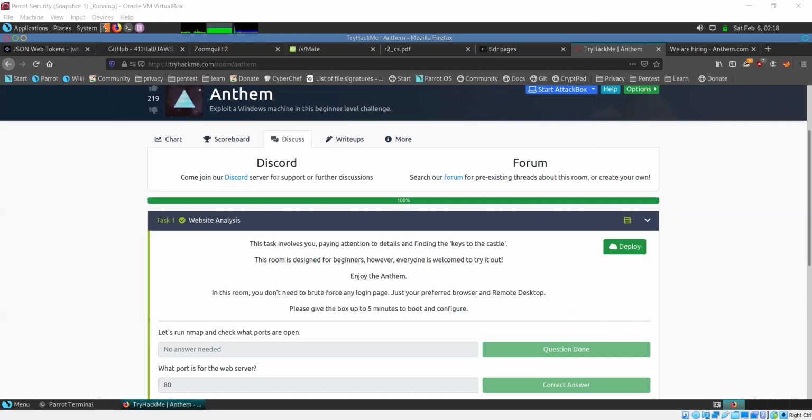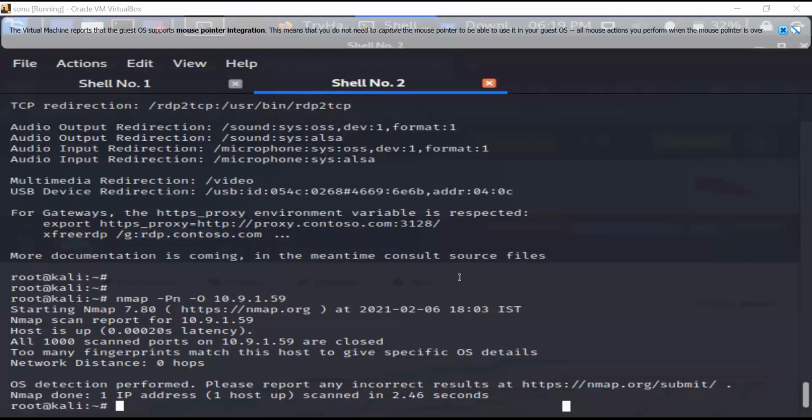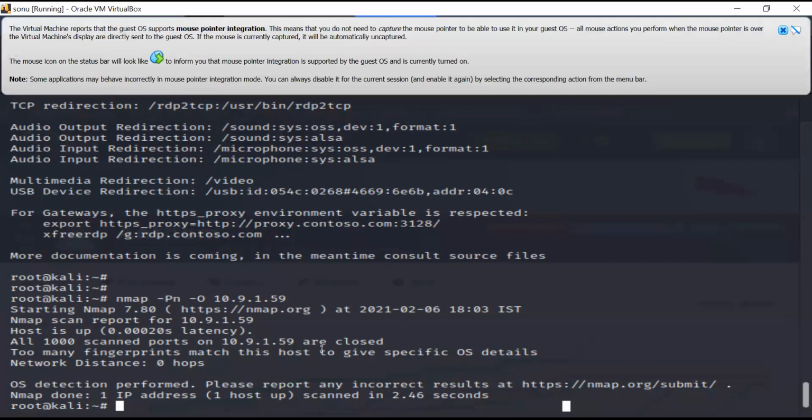Okay, all 1,000 scanned ports are closed.